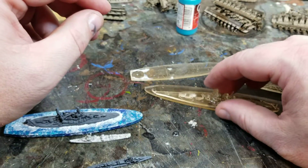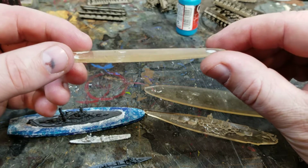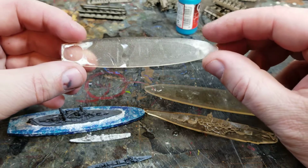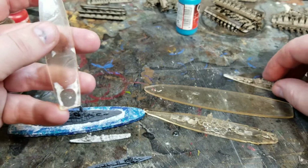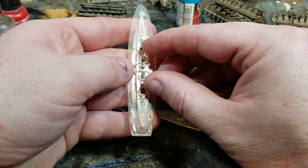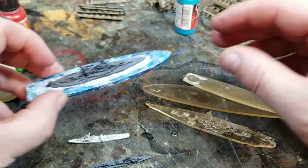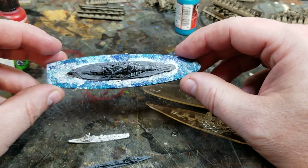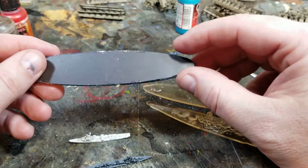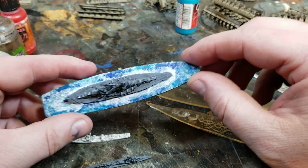So the other thing is I'm printing off the bases too. I have kind of designed this base where it's got a slight angle to it, and then it's got the shape, and so the shape fits the miniatures pretty well. And yeah, so I'm still experimenting with just kind of how to base them up. This is a little too bright, I guess, for my taste, so I still might do it. But then I have the magnets on the bottom, so again, that just allows for super easy storage,